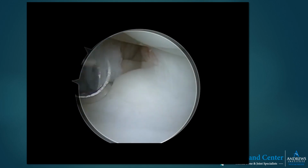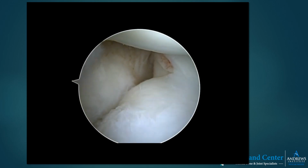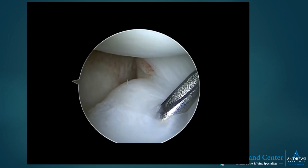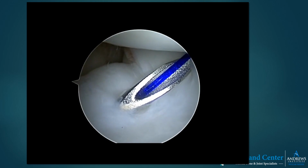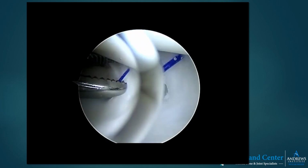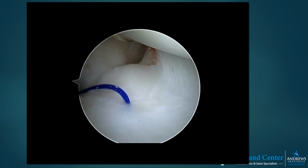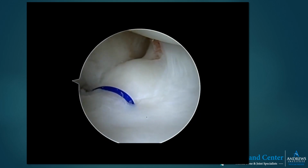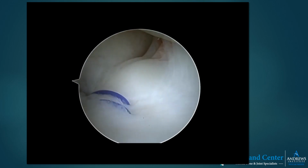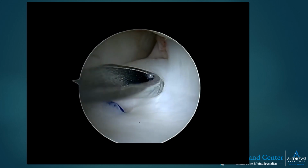We're using a shaver right now to debride the TFCC. It looks like a down comforter instead of a trampoline. And what we're going to do is pass 2 sutures through the TFCC and then back out through the skin. We're using this blue stitch as a shuttle, and we will follow it up with a braided absorbable stitch. What we will do is repair this TFCC back to the ECU subsheath where it took its origin